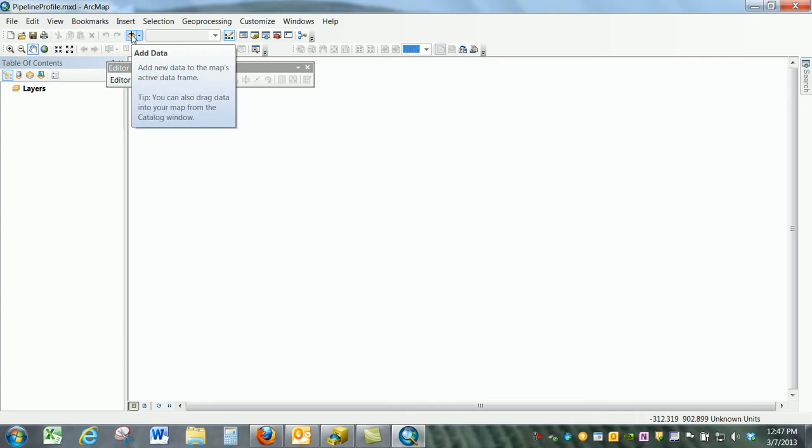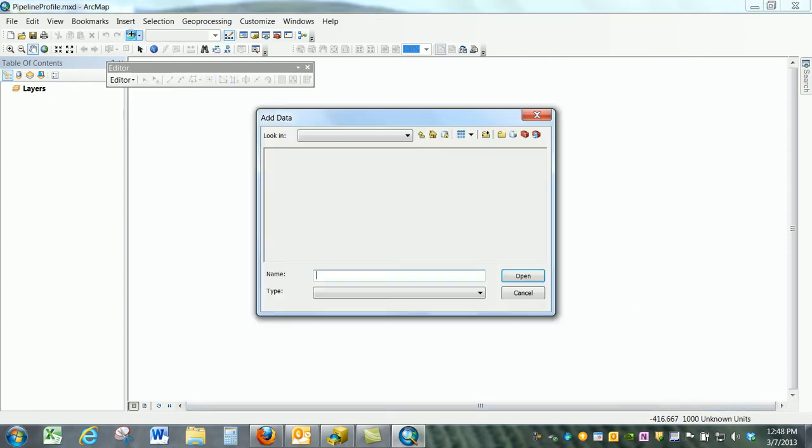So one of the first things, the way I said in the instructions, was to set the projection of the document map. I could do that, or I can add the first two layers that I know what the projection is, and it'll set it by default. Because you notice down here it says unknown units. So I think I will just go this way,